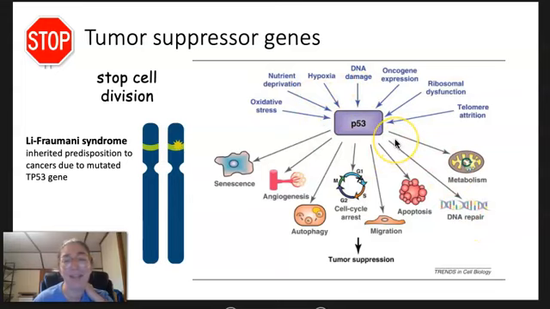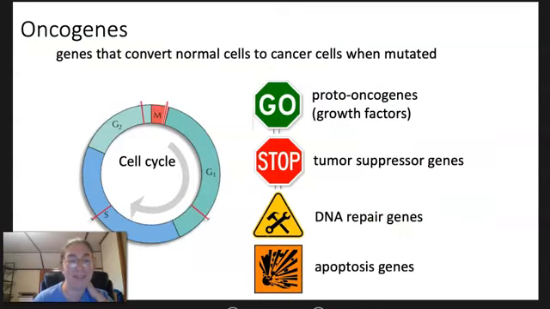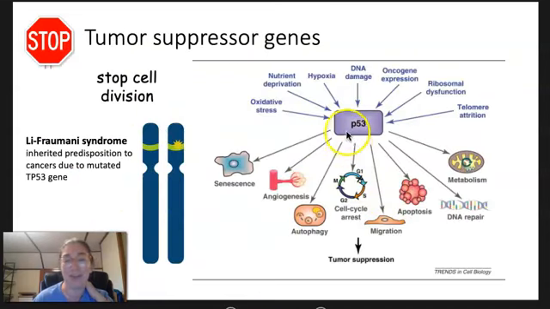So it's kind of like does all the things. And it's really one of the important checkers at those checkpoints in cell cycle regulation. P53 plays a big role in checking whether the cell has any of these types of damage, and then directs whether or not cell division happens or whether the cell is going to